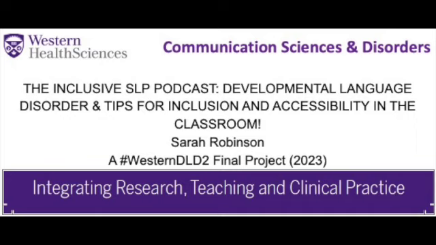The wait-to-fail model was the traditional method of identifying students with learning or developmental disorders. This means that additional support or specialized instruction, such as speech-language pathology, was only provided after the student struggled to learn, essentially when they failed. This approach was identified as having many drawbacks for students, especially for those who have disabilities. For example, developmental language disorders can go unnoticed until a child begins to read. So waiting for a child to fail can delay early intervention until they are older and already struggling to read